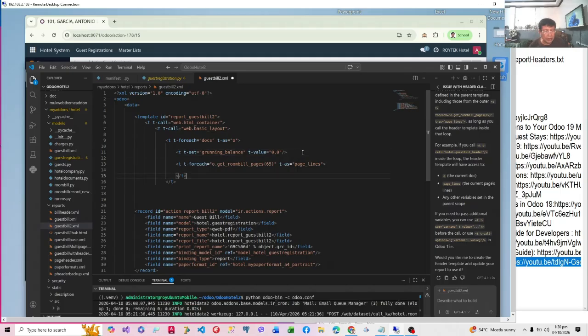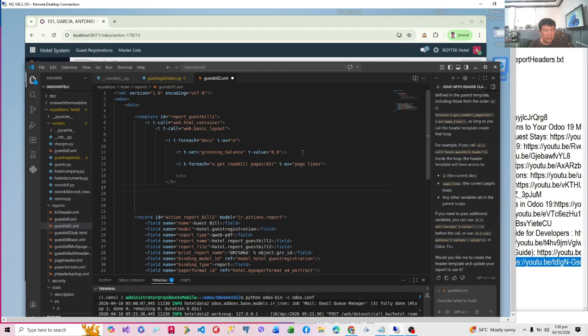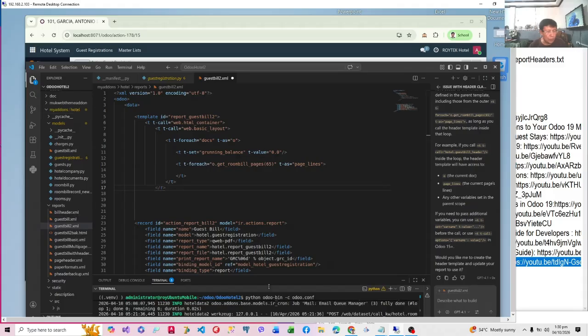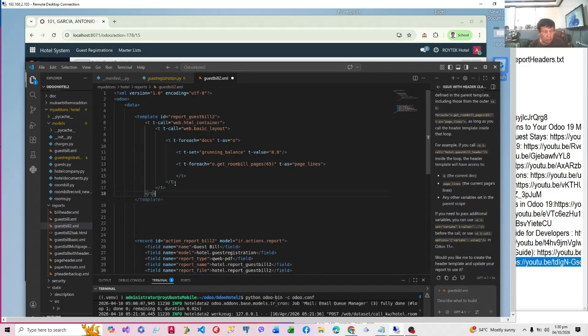Before we forget, we need another t, because this is the ending t tag for this loop. This is the ending t tag, and then, 1, 2, 3, 4. We'll need 4 ending t's before we end template. Good thing that it does it for us.